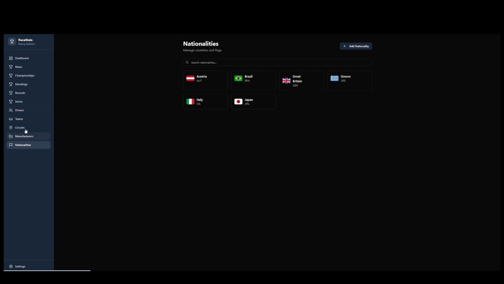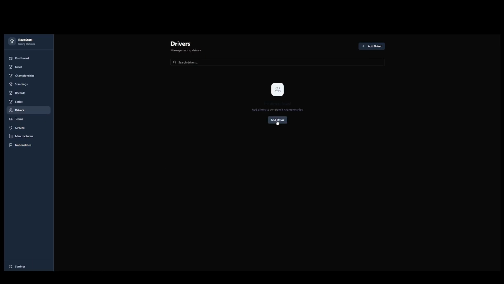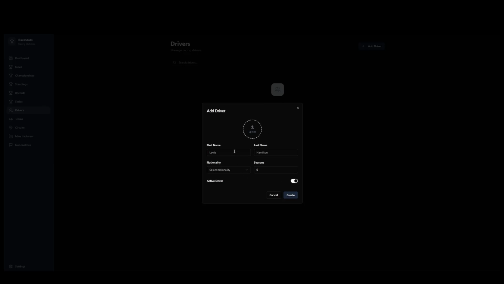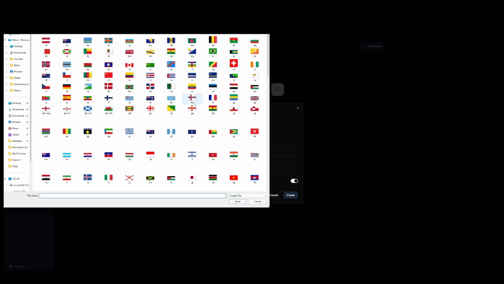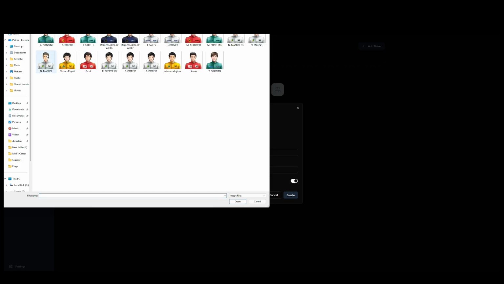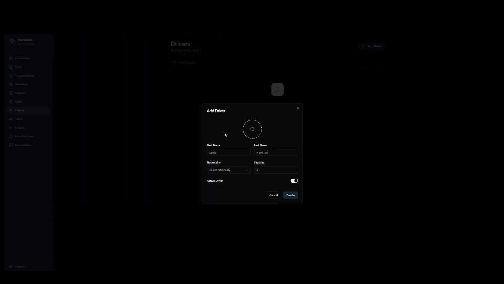So from there, once you make the nationalities, you can go wherever you like in the drivers, teams, circuits, and manufacturers to make those. So we'll go to drivers and we'll add a driver just to show you how this works. So let's say our first driver is going to be Alessandro Nannini. So Alessandro Nannini. Alessandro. I've already done these before, so that's why they're showing up here, because it remembers. And we will have